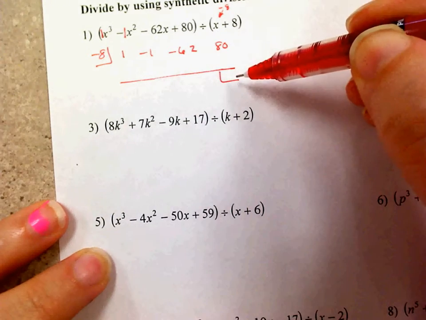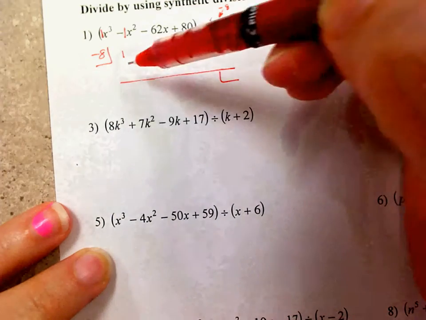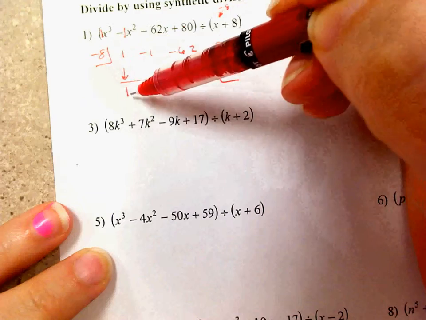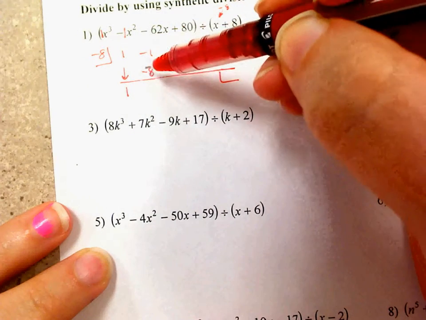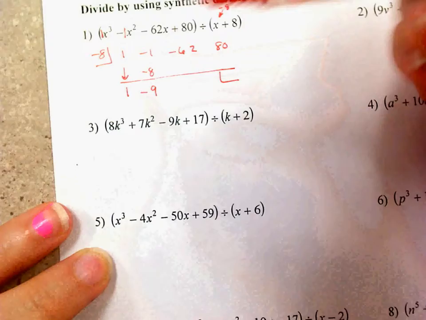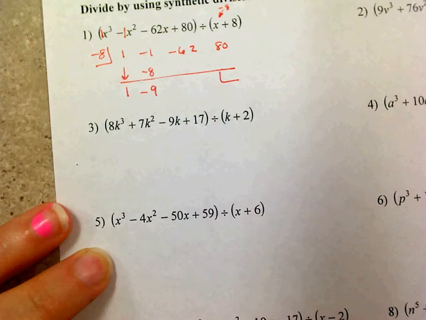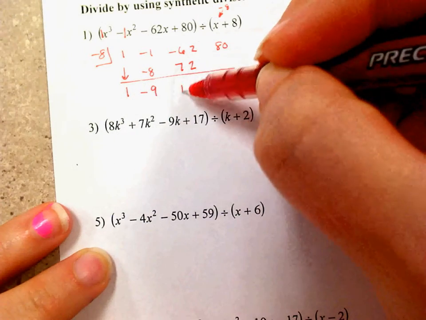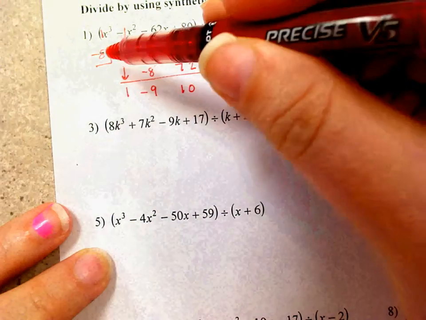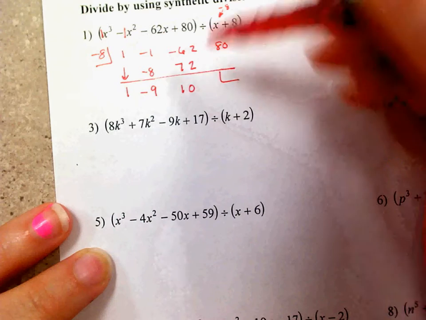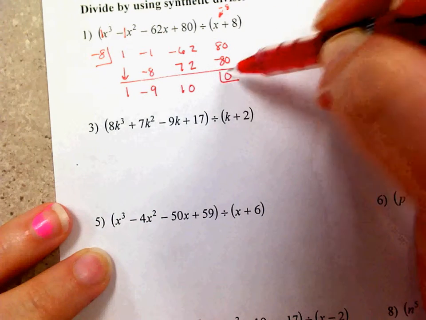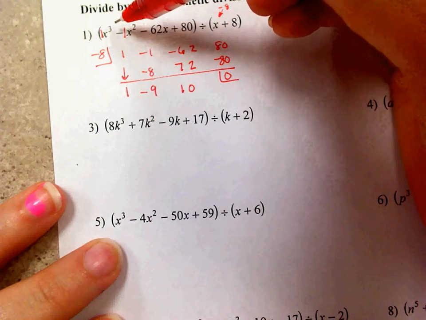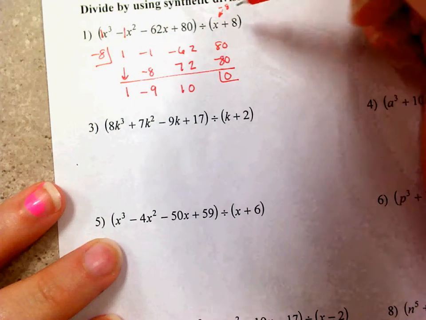Now this is going to be my remainder box, and then I just do this, okay? So I bring down the 1, the first number, and then I multiply. -8 times 1 is -8, and then I add. Well, that's -9. And then -8 times -9 is a positive 72, so I add those and I get positive 10. But when I multiply -8 times 10, I get -80, and then that added up is 0, which means the remainder is 0. Now, if I started with a cubic function and I divided out a linear function, then